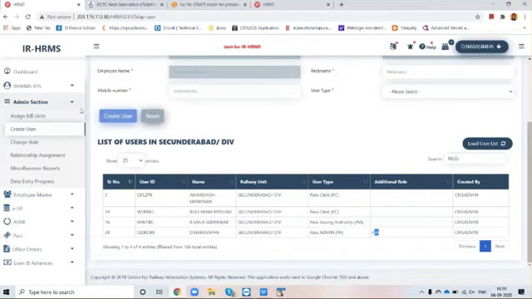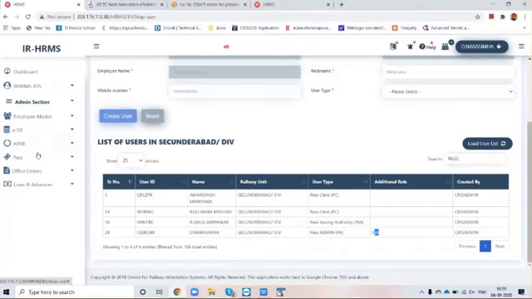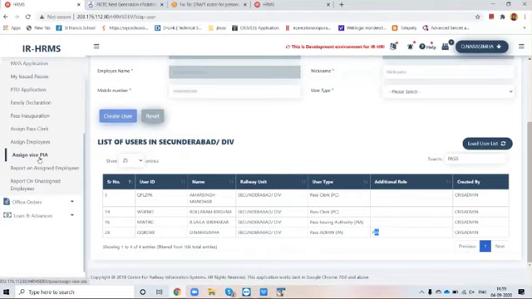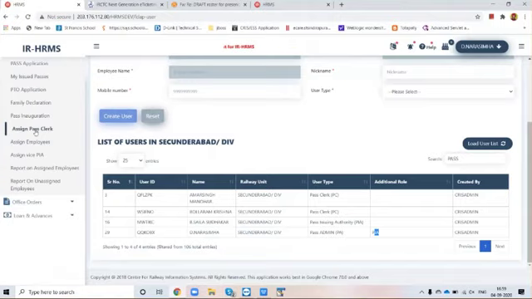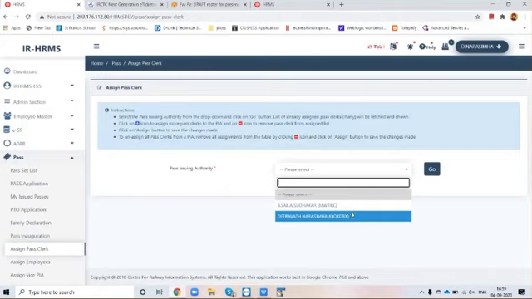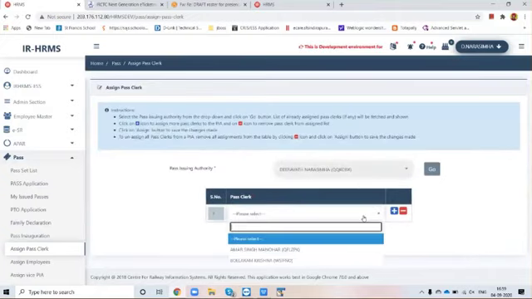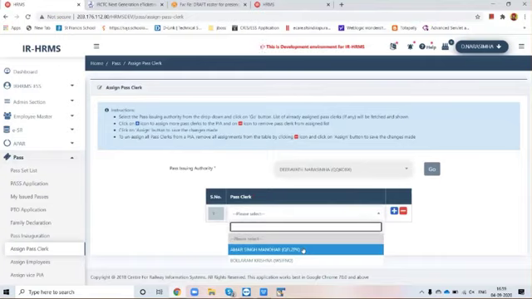Now the pass admin will assign the pass clerks and employees to PIA. In the pass section of the menus, just go down, there are two links: assign pass clerk and assign employees. First, assign pass clerk, click here and select PIA, and there is a list of the pass clerks which are available and not tagged to any of the PIAs.